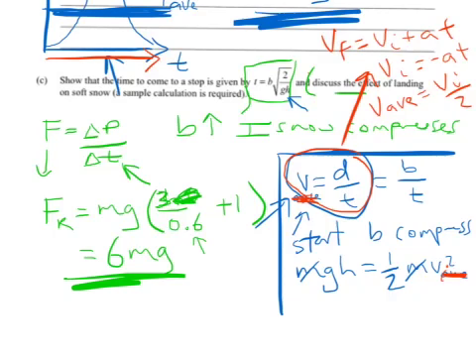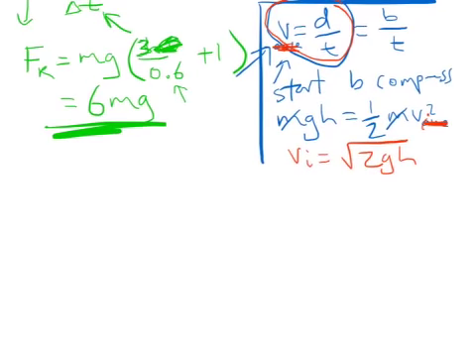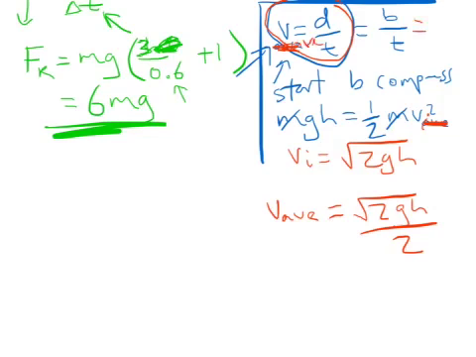Anyway, coming back down to our gravitational potential energy equals kinetic energy, VI squared is going to be equal to 2GH, so VI equals square root 2GH. This means that our average velocity, which is what we're actually after, is going to be square root 2GH over 2. Then we can plug that into our equation up here, which still holds true. We can stick with the VAV. The average velocity is going to be the distance over time, or B over T. So we can find T is going to be equal to B divided by VAV,